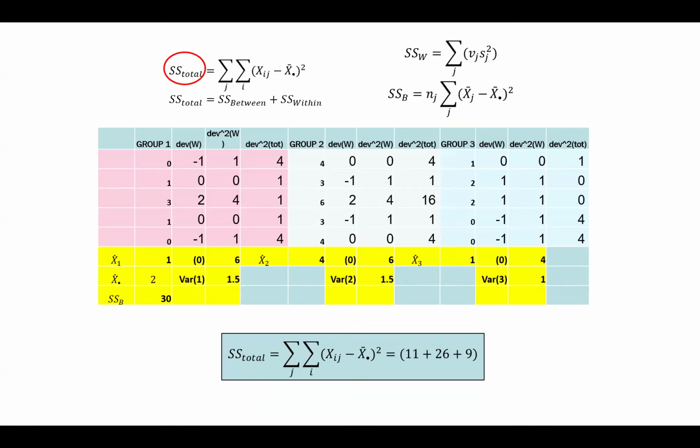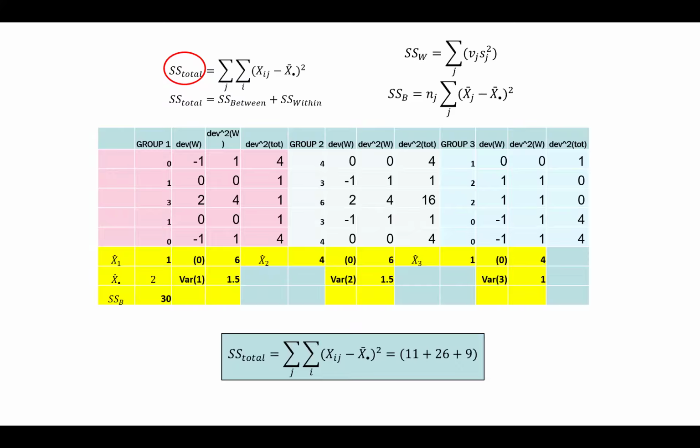And I've done it for all of group 1 with resulting data of 4, 1, 1, and 4, and so on for group 2, and so on for group 3. And you could add them all together, or you could add them in 3 swatches. I've done 3, 4 plus 1 plus 1 plus 4, and then each other one, and get 11 plus 26 plus 9. However you do it,